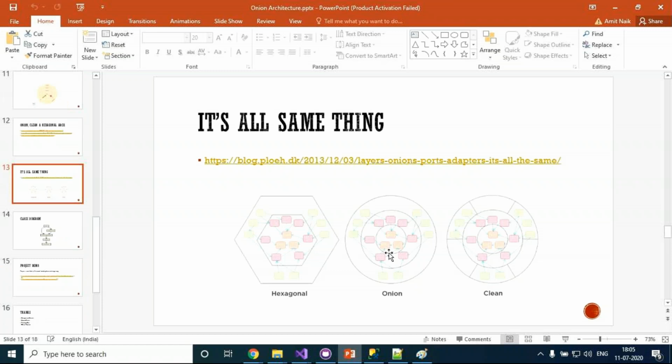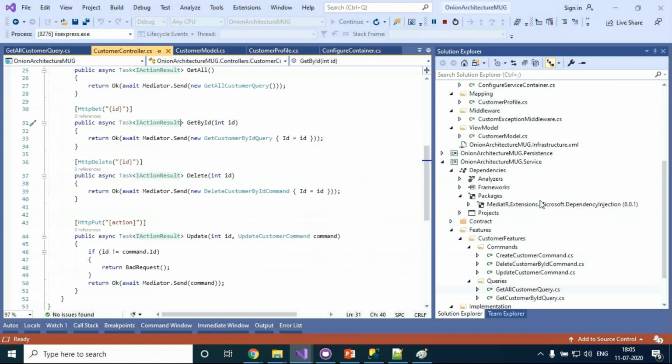Now when you're talking about clean architecture, we had implemented all the logic in the service layer, and in clean architecture you can say the application layer and all the interfaces will be in the application layer. If you want to call persist, just call that. I can show some examples in my GitHub, or we can have one more session on clean architecture, mainly because it suits more complex applications.